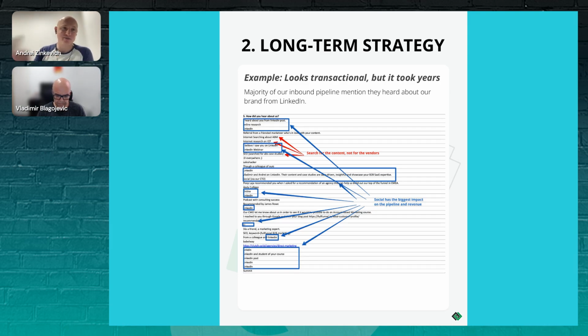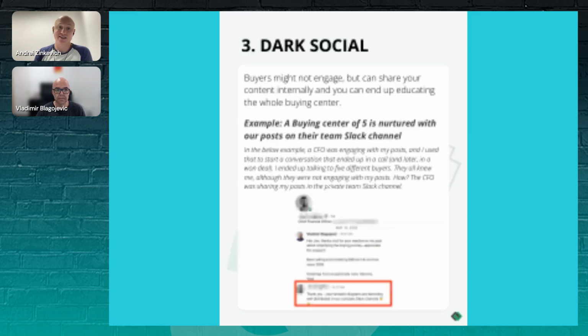And even despite the fact that they mentioned LinkedIn, we know that it's the ecosystem that influences the buyer journey, and this is how you need to treat it. The next part, which is essential, I feel, and Vlad loves to talk about it, is what we call the dark social, but it's exactly what we shared in the beginning, how your target accounts become aware of